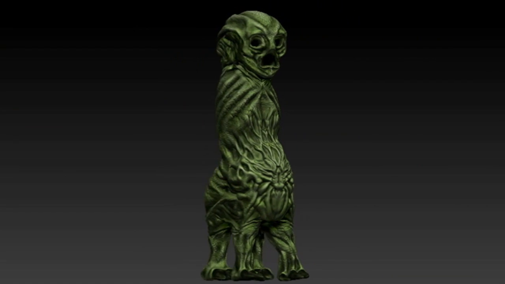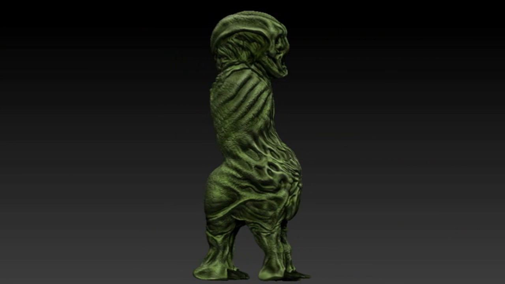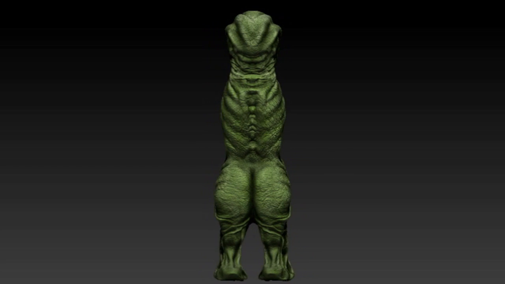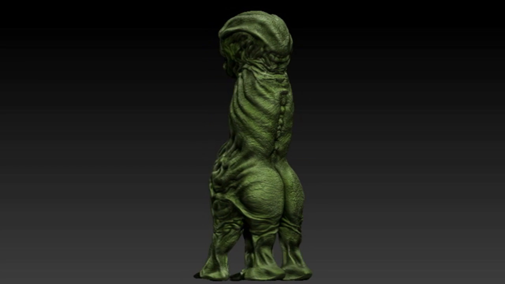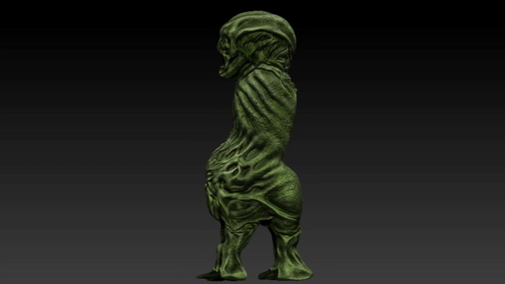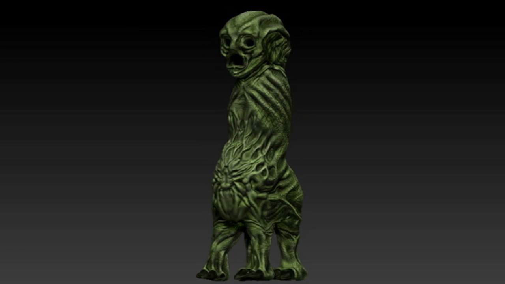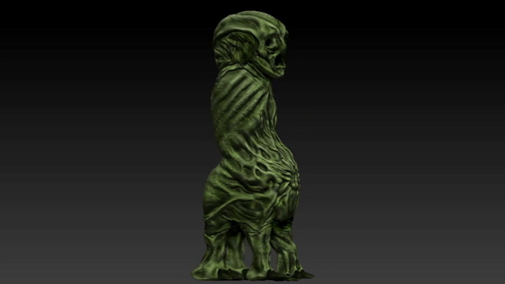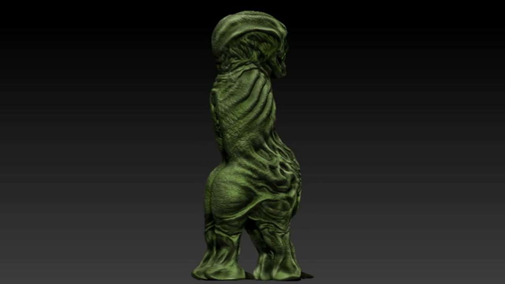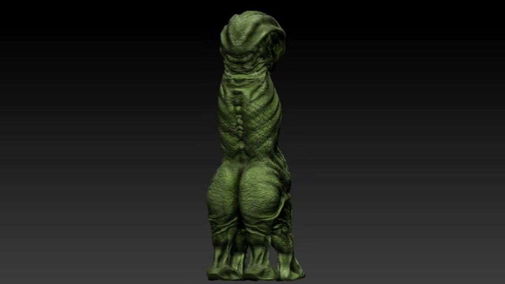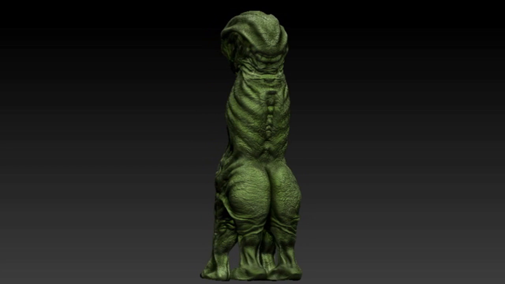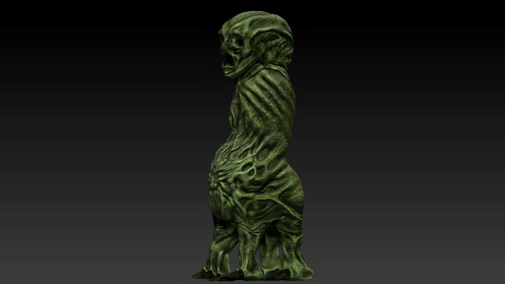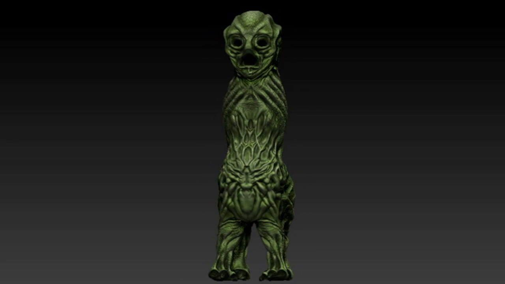So here it is. Here's the finished 3D model done in ZBrush and Maya of my real life version of the Minecraft creeper, and it looks really nice. I like how it turned out. Really detailed. The colors are good. Everything about it is good, I think, in my personal opinion. I really did achieve the fact that if you brought the Minecraft creeper to real life, you would get something like this, pretty much, in my opinion.